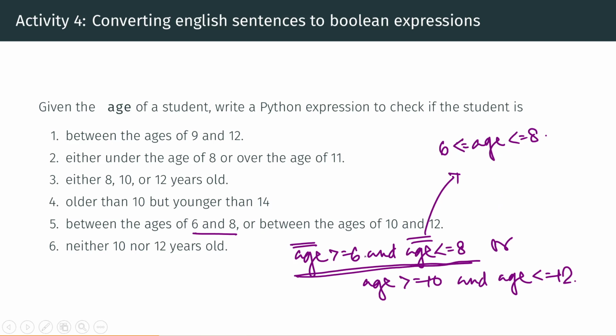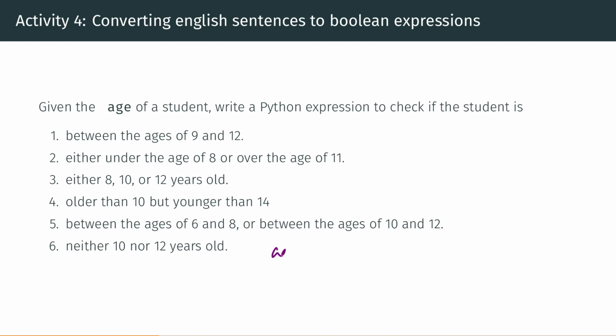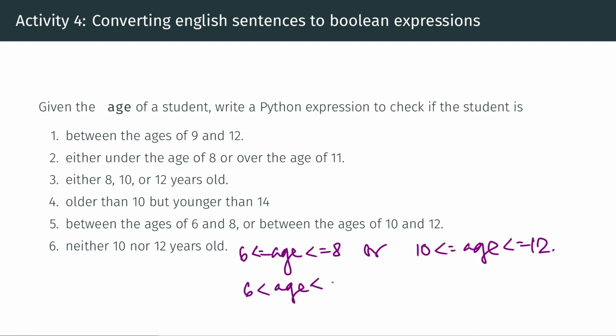So if you write that, it will look like this: 6 <= age <= 8, so age is between 6 and 8, or 10 <= age <= 12. And again, just like before, if you did 6 less than age less than 8, the equivalent of it,